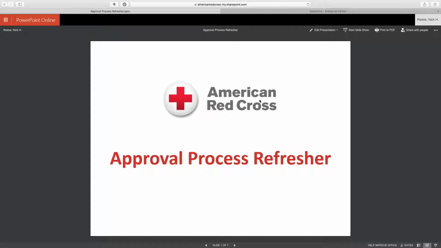This is the approval process refresher. The main point of this training is going to be to remind everyone how to process both proposals and charters. Most of it's going to be at the conceptual level, the actual steps to go through to actually have something